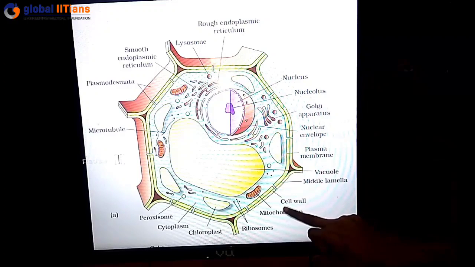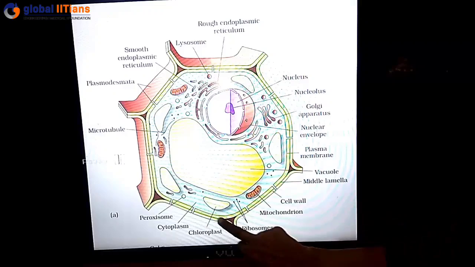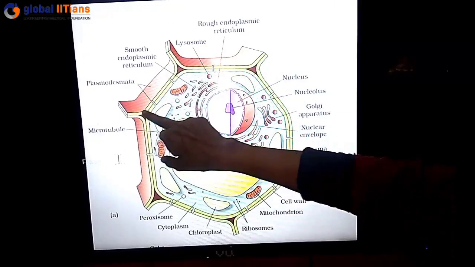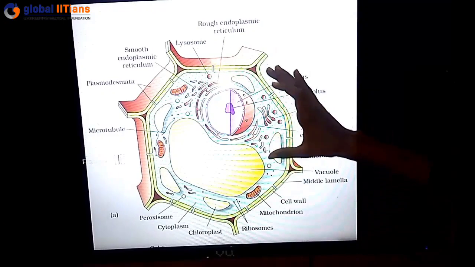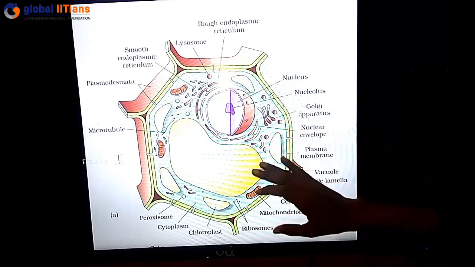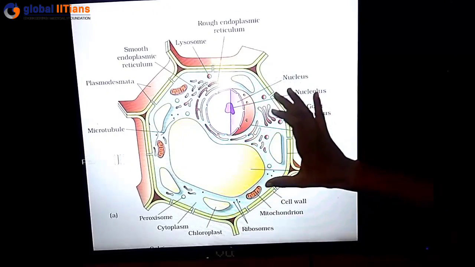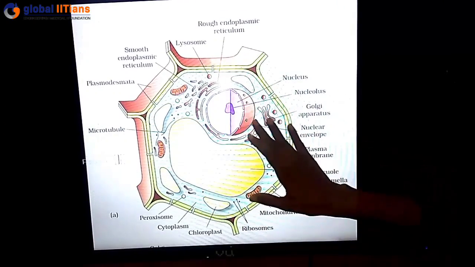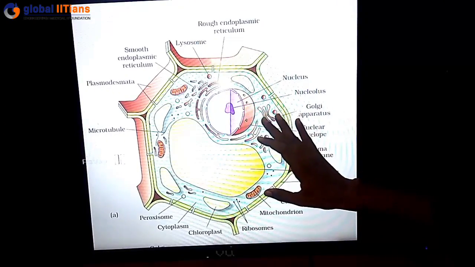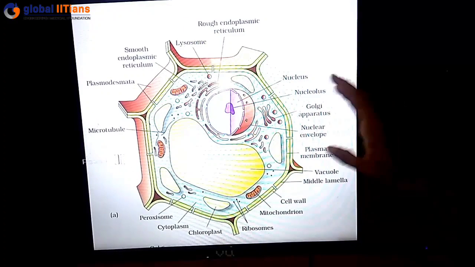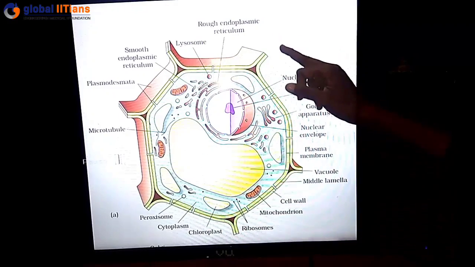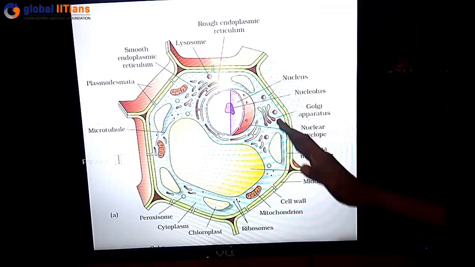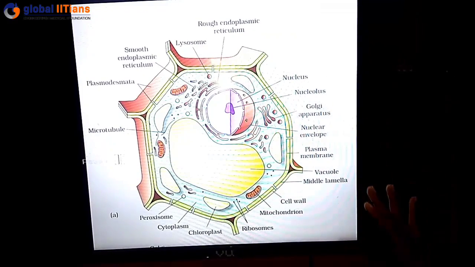Now what we have studied so far, students, is that the cell wall will definitely give rigidity to the cell, right? Apart from that, it will maintain the framework or the structure of the cell. Again, it will protect the inner components of the cell, or the cellular material. This is what we have studied about it. And moreover, the most important function of the cell wall is that it protects the cell from outside mechanical damage and infection also. These are the functions of the cell wall.